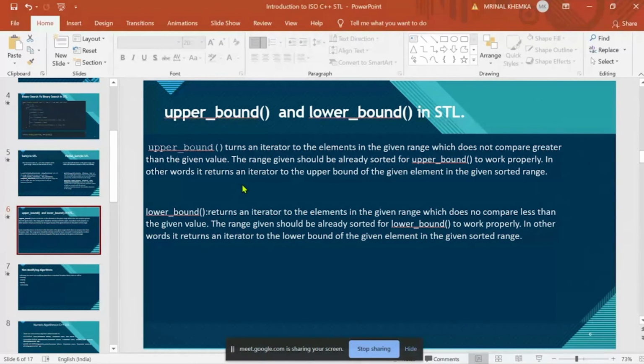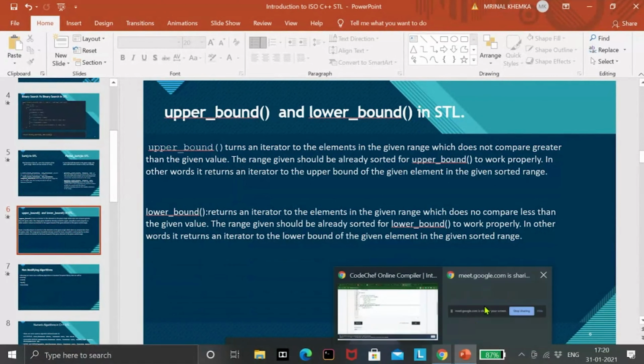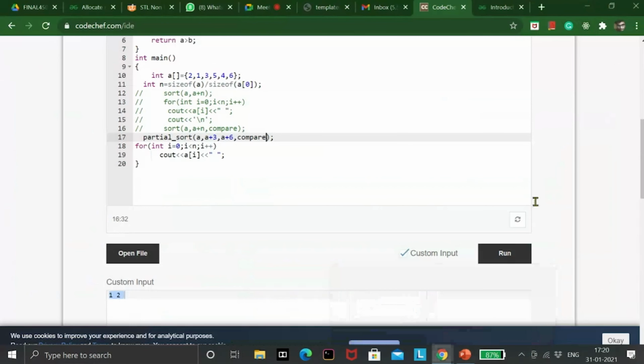The lower bound function works the same way. It returns an iterator to the element in the given range which is not less than the given key that we pass inside. So let's see how it works first.